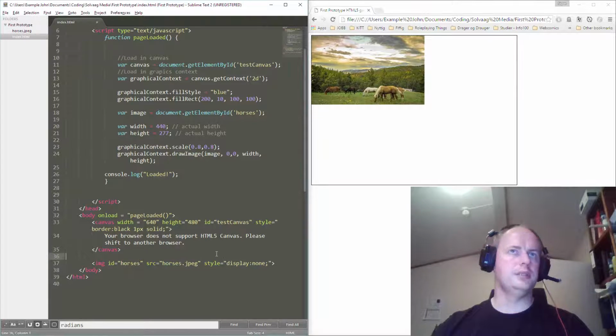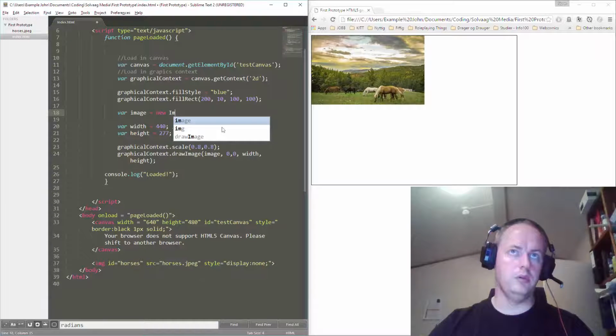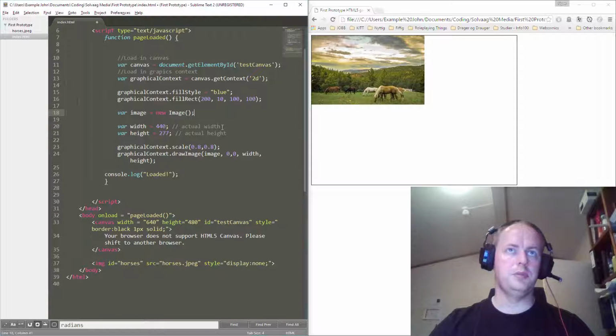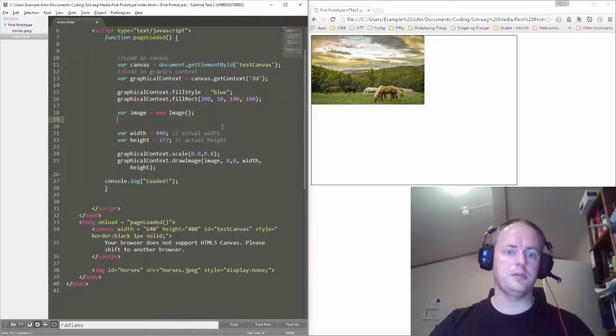But there is another way of doing it as well, and that is by taking this route. We can kill this reference here and call a constructor called new Image, and this will make the image variable into an image object. And then we can say image.src equals